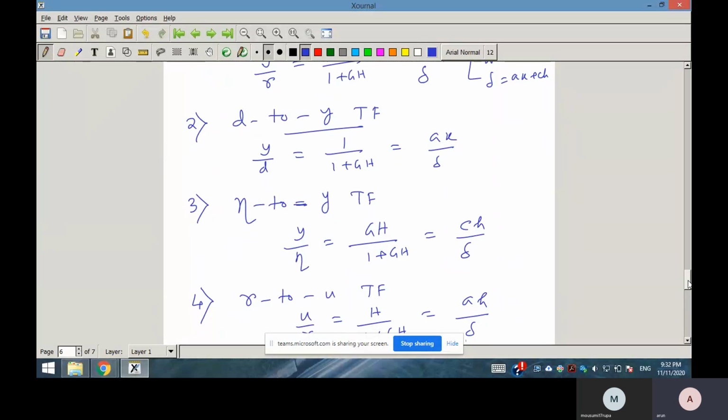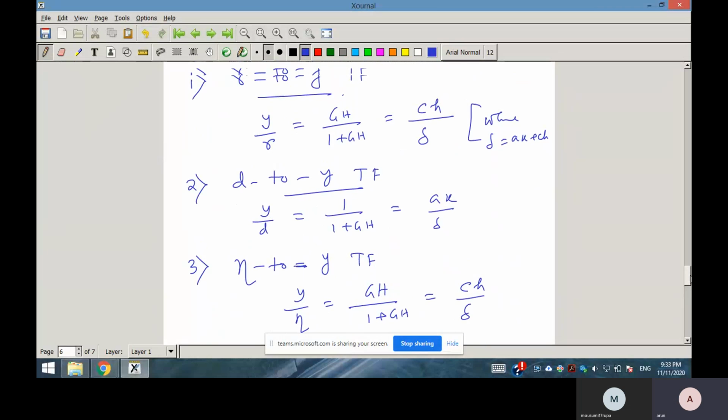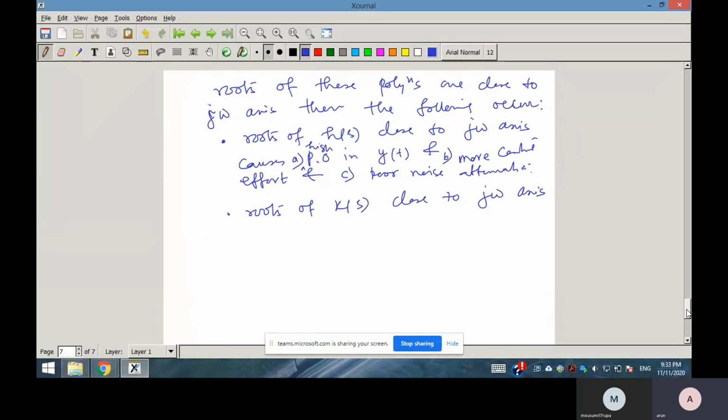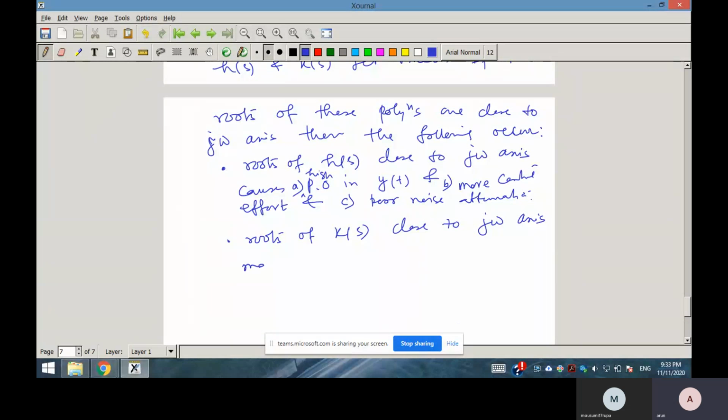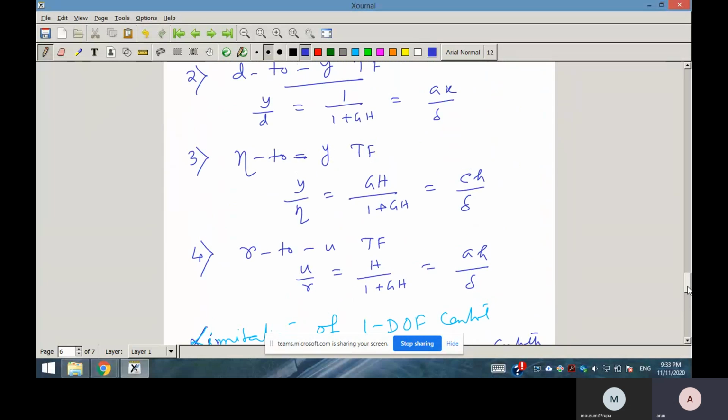Poor disturbance attenuation, which may cause a peak in the disturbance response. Ultimately, that means if they are very close to the j omega axis,